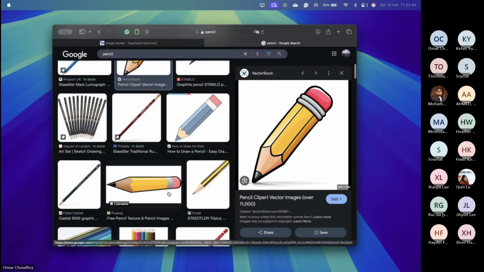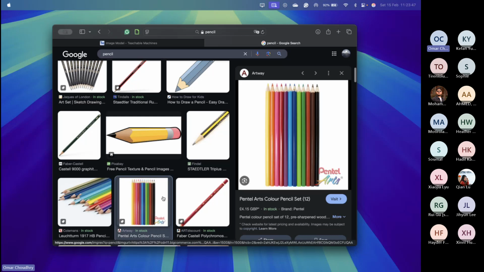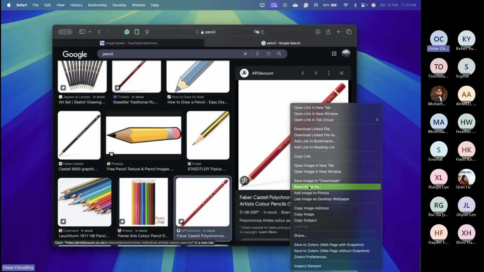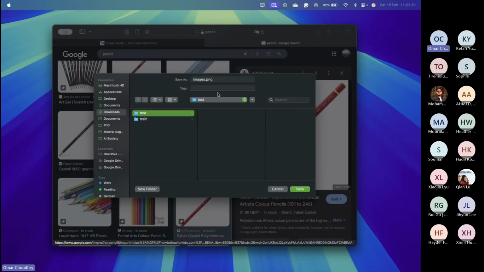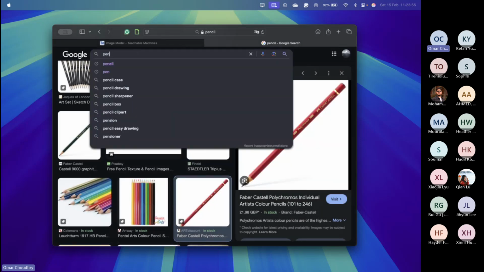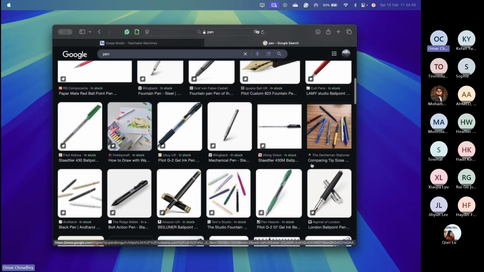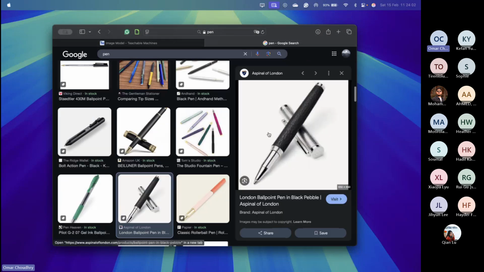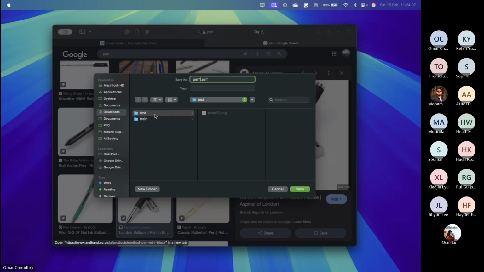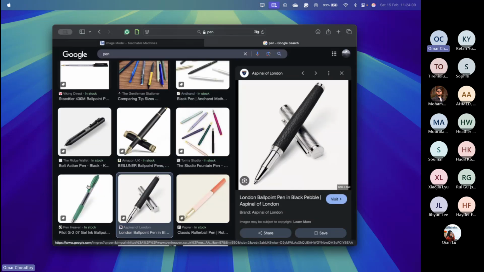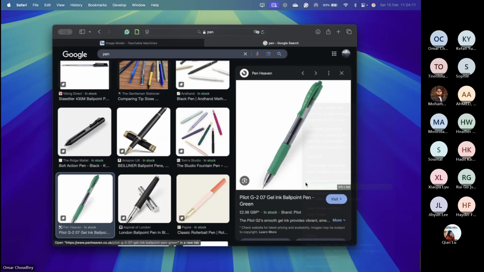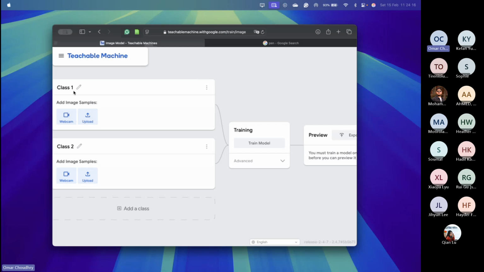Okay. So I've got 6 of each, I think, now. And what I'm going to do is now I'm going to save one test image for each. So I've got one test image of a pencil. Now I'm going to get one test image of a pen. That might not be the correct file type. And so now,